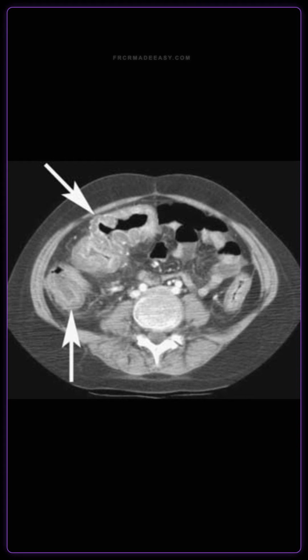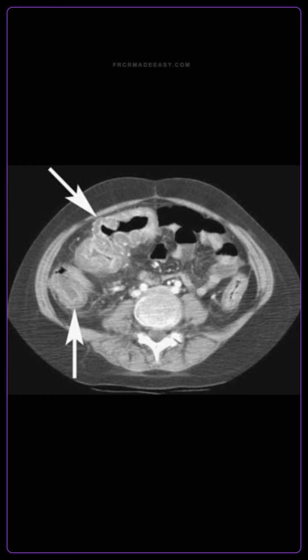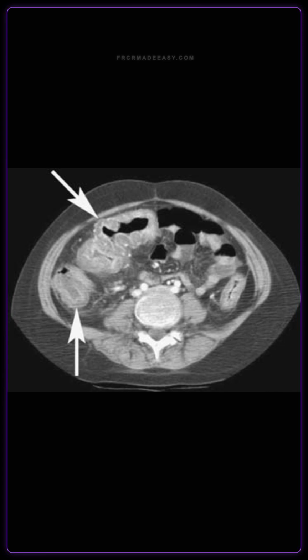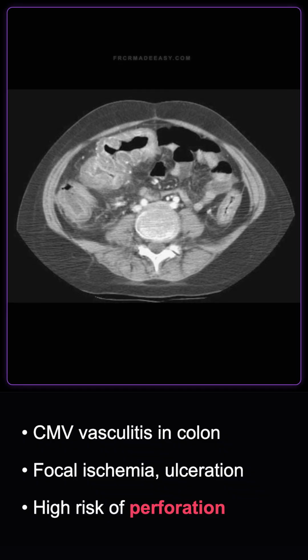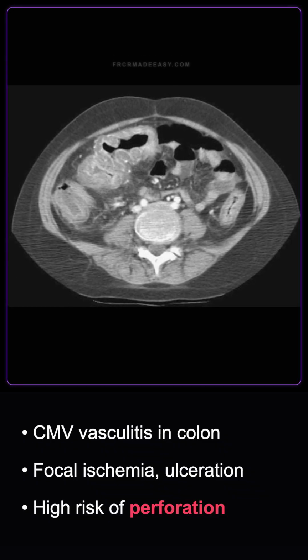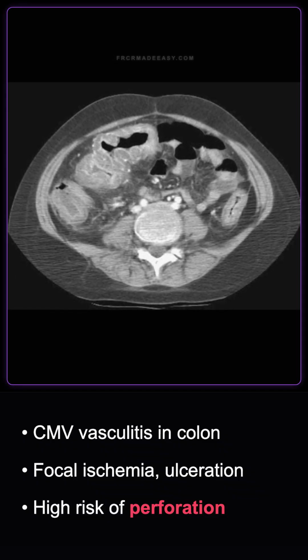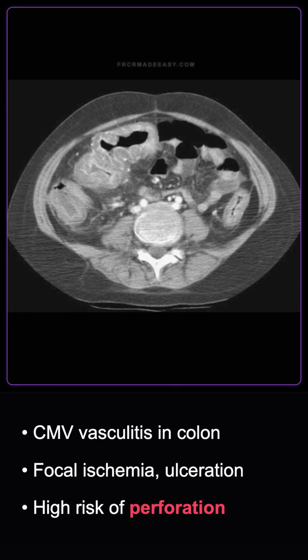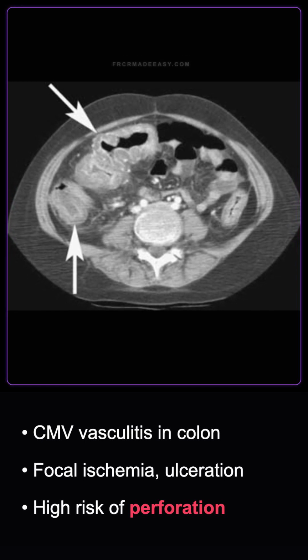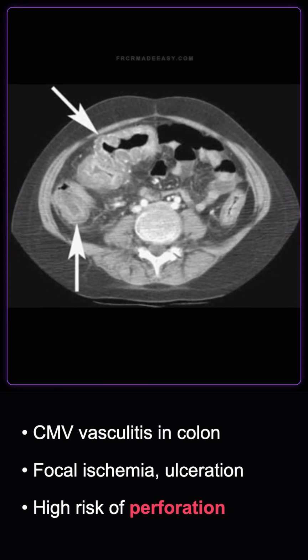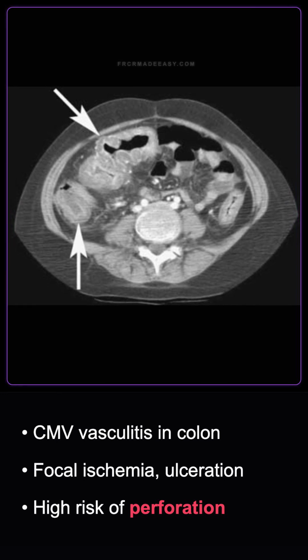If this is indeed CMV colitis, what specific vascular complication does the virus cause locally within the bowel wall? The CMV virus actively invades and infects the vascular endothelial cells within the colonic submucosa. This leads to a severe localized vasculitis, which results in focal ischemic necrosis, deep ulceration, and a remarkably high risk